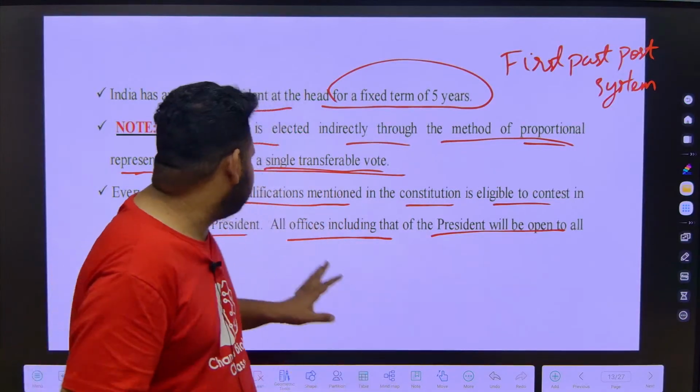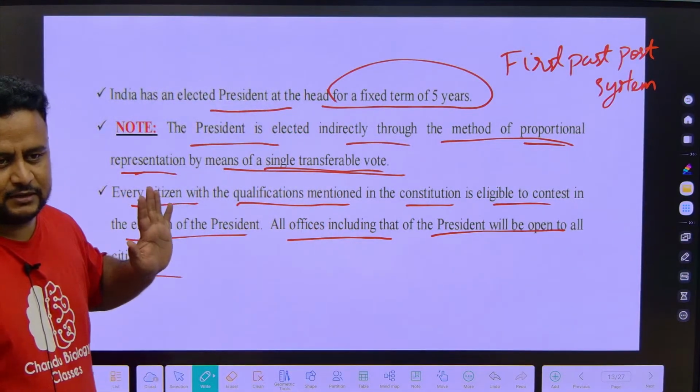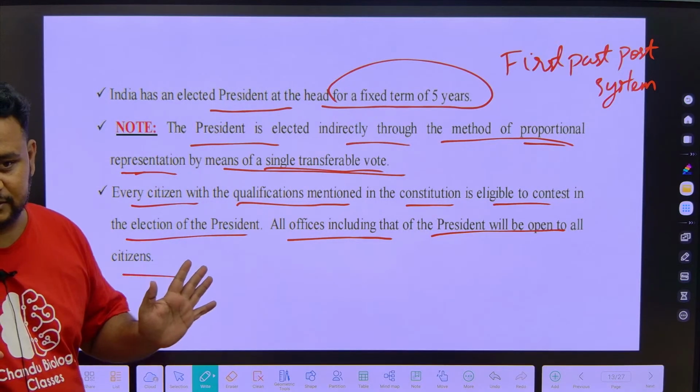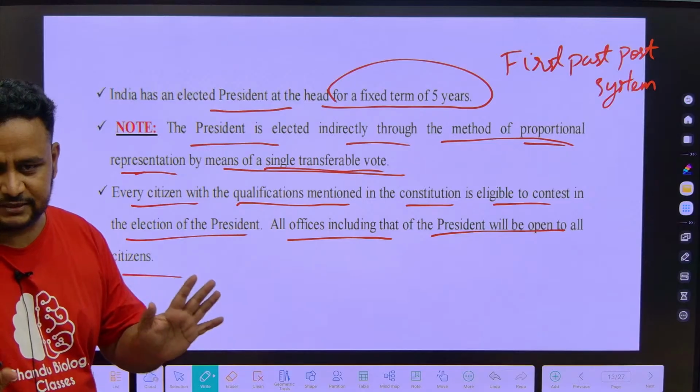Okay, so this is the meaning of republic. Clear? This is the meaning of republic. Now you should not forget what is republic, what is sovereign. Don't ask me again. You should know. Clarity should be there. Now,